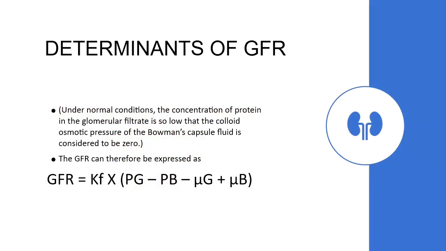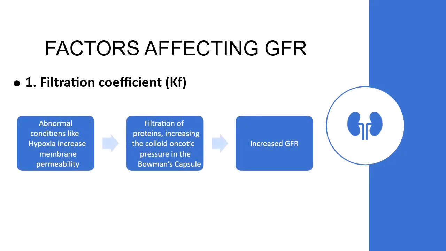Hence, as we can see in this equation, the glomerular filtration rate is expressed as the product of the filtration coefficient Kf and the net filtration pressure. We have calculated the net filtration pressure as 10 mm mercury and the value of Kf is 12.5 ml per minute per millimeter mercury under normal physiological conditions. The product of these two values gives the well-known value of 125 ml per minute, which we associate with the glomerular filtration rate.